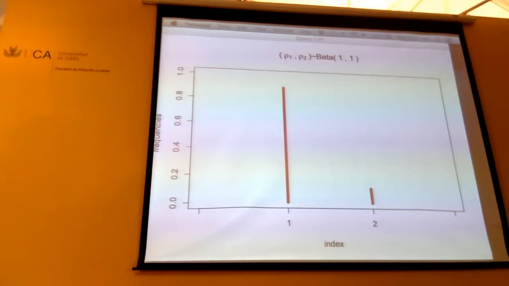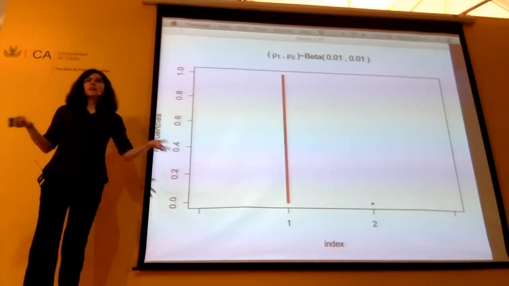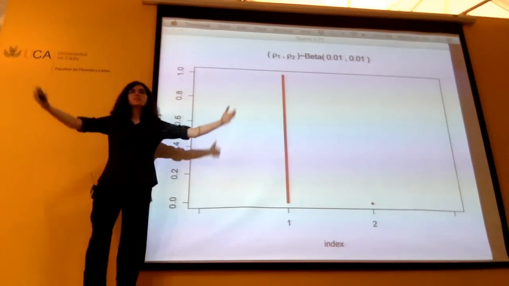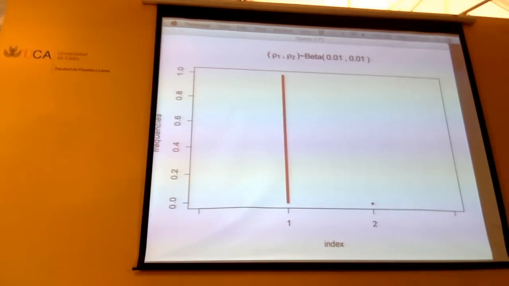Okay. And now I can do the same thing. I can say, okay, what if I want to have a bunch of draws from something that's near 0, and for near 0, I'm going to choose 0.01. Well, as we said before, the mass goes all to the edges, to 0 and 1. And so if I make a bunch of draws from the beta 0.01, it's almost certain to be all of the mass at one or the other, either row 1 or row 2.